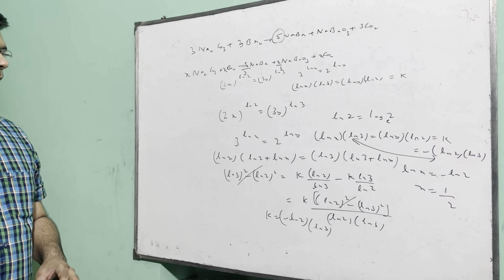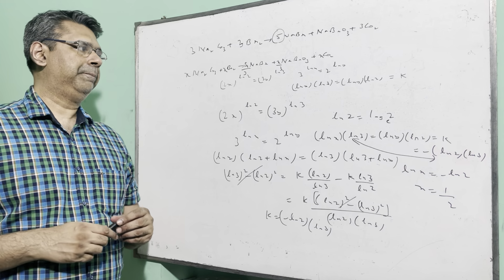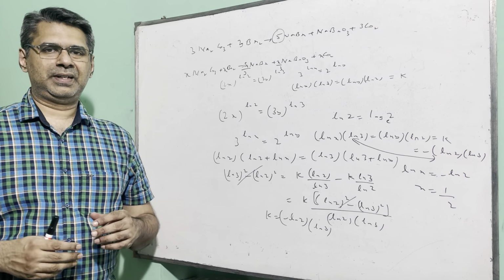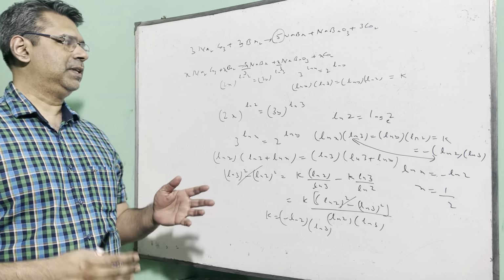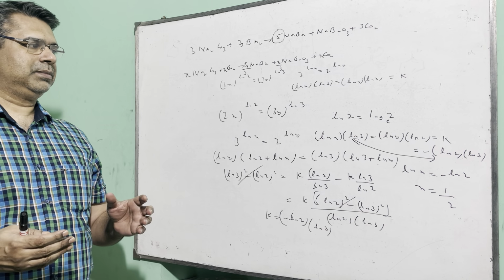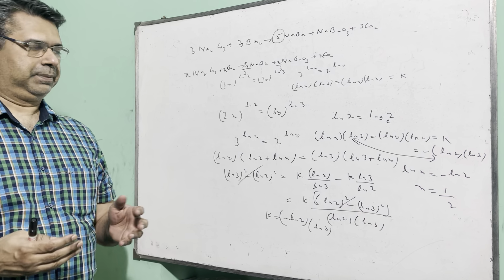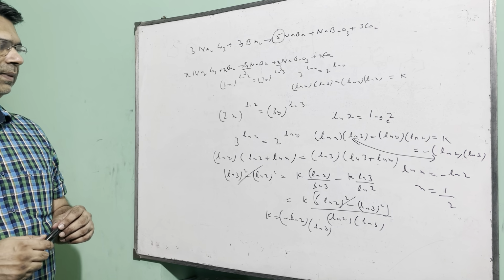This is the answer. Now I want to say something to all of you. You will probably agree with me that in Launchpad 2, the three questions which we have discussed, the physics question was very basic, the chemistry question also, the balancing wasn't very difficult. The maths question seems to be easy, but it has a few steps. Now there is a tricky method to do the math sum. There is a shortcut method.